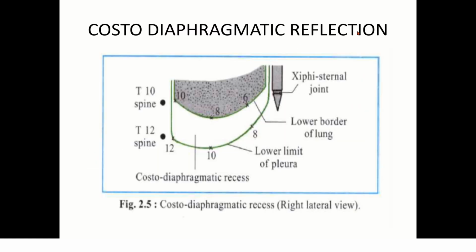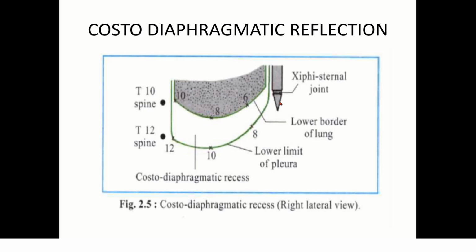So you can see the costodiaphragmatic reflection. You can observe here, after the xiphisternal joint, you have to mark 3 points: in the mid clavicular line, at the 8th rib; in the mid axillary line, the 10th rib; and 2.5 centimeters lateral to the T12 spine. So these 3 points will mark the